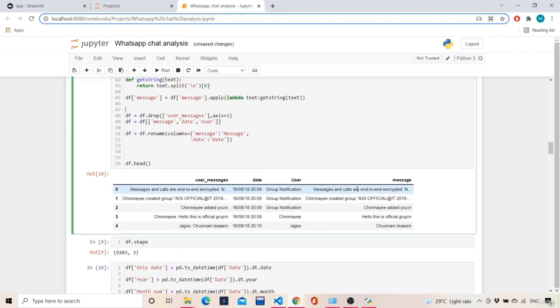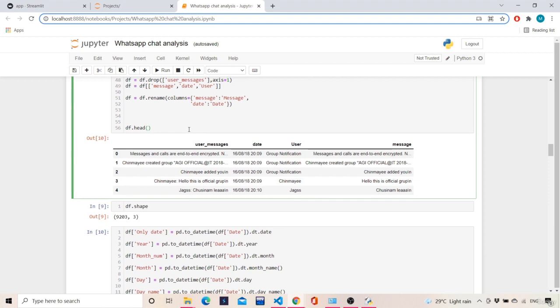Once we get that, you drop this user messages column, because we separated the user and the message of the user. Now we have cleaner data than before. So we'll drop this user messages and then select whatever columns we want: the message column, the date column and the user column, and then rename the columns accordingly.